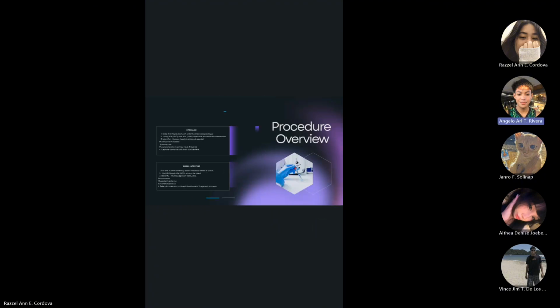So here's what we did. We first placed the slides of the frog's stomach and small intestine under the microscope. We started with low power, or LPO, to locate the general structure and switched to HPO, or high power, to look at specific layers, like the mucosa, which has the glands and villi. After that, we compared those slides with the human small intestine to see what differences we could find. Finally, we wrote down our observations and discussed what those differences mean.